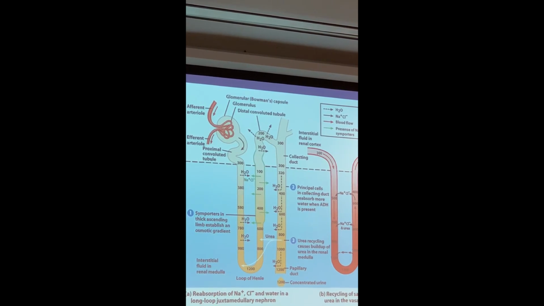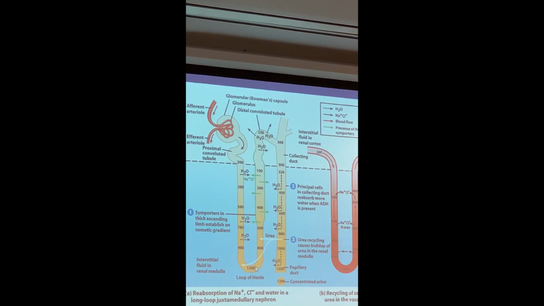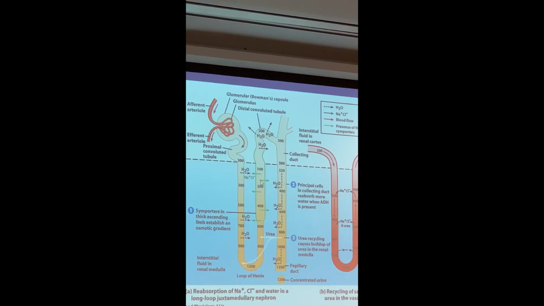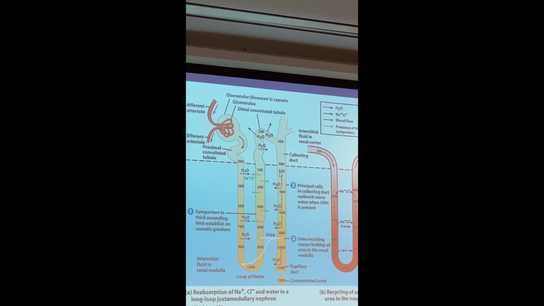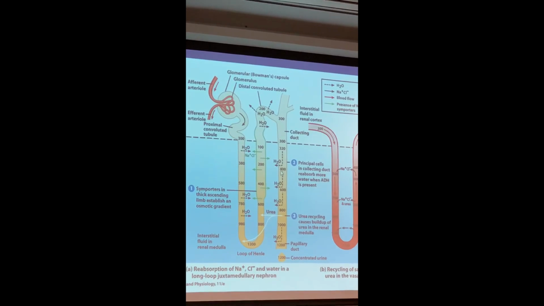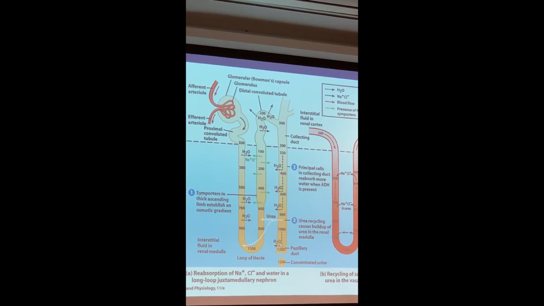And with a human, you can concentrate to about 4 times. If you're a kangaroo rat that lives in the desert, you can go much higher than that. Okay? That's why you don't ever really have to drink. So, goes down, becomes very concentrated. Then you start to pump out, or move, and then initially pump out the fluid, or the solute, so it becomes more dilute. And after that, we start to now move water again as it passes down through the medulla once again, and can reach a concentration of about 1200